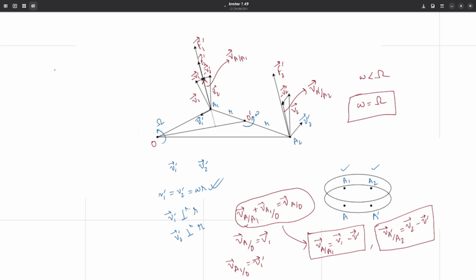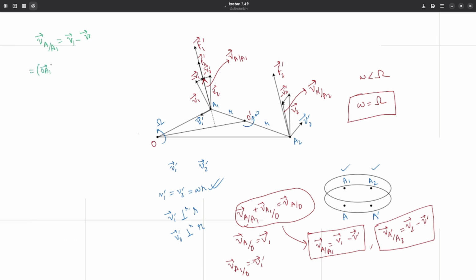Let's see what happens. So previously we found VA with respect to A1 to be equal to V1 minus V1 prime, which could be written as